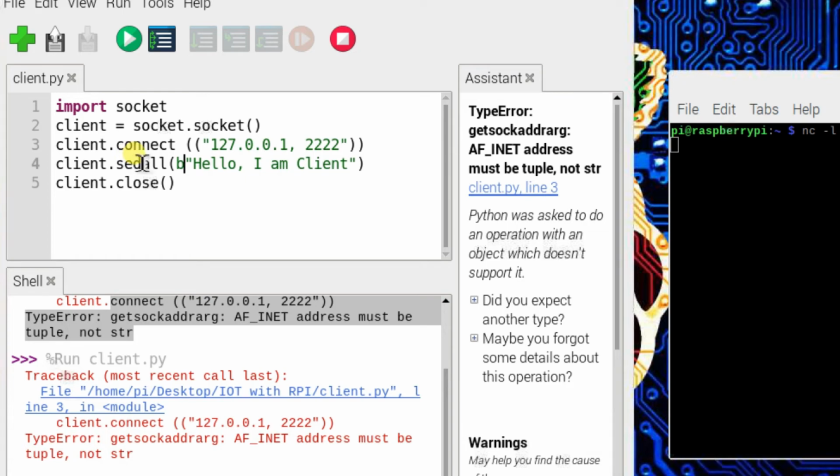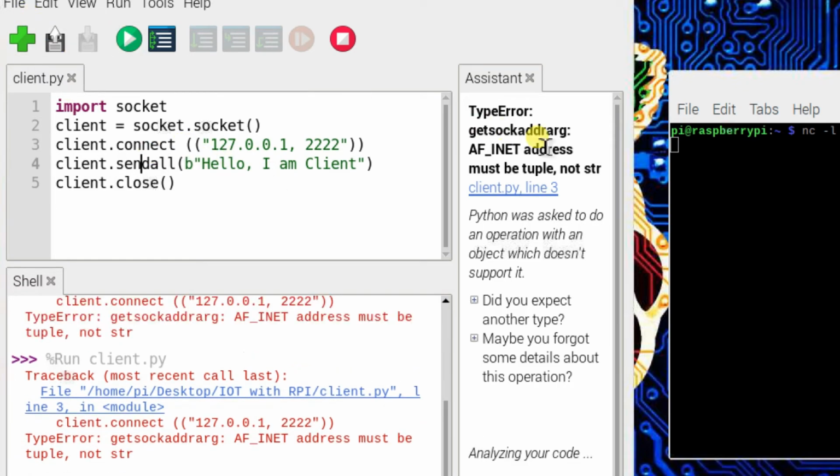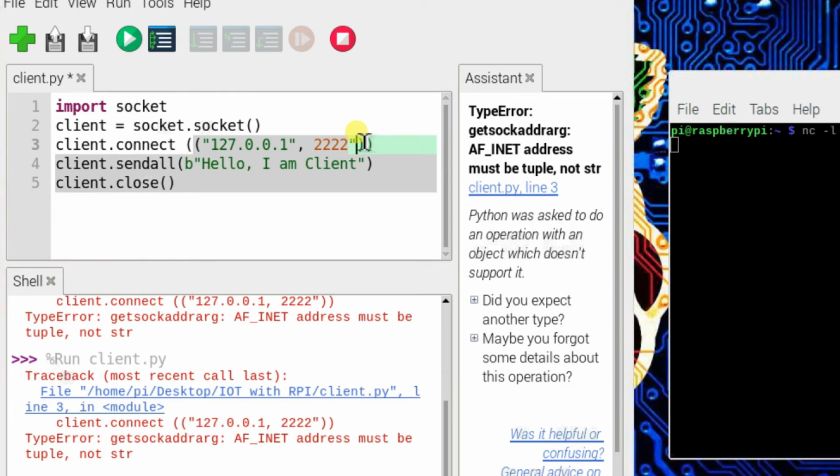This is send and sendall. Now it is correct. And again run. What is the problem? Okay, this is a double quote. I will remove this. Okay, I think now everything is correct.